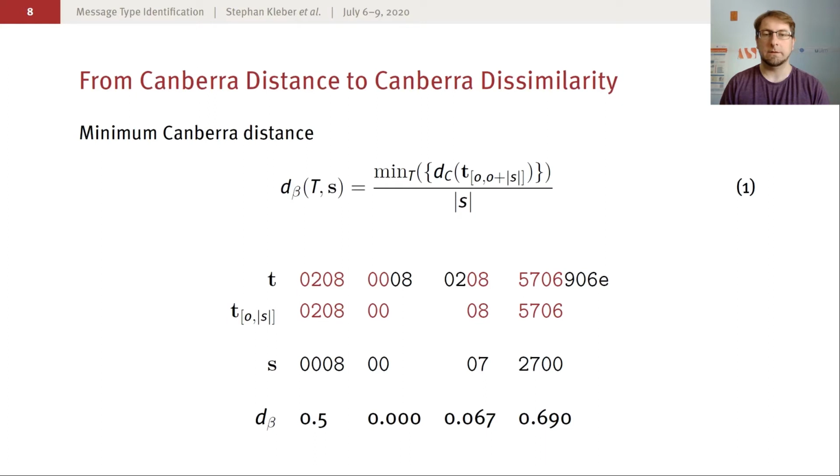However, especially looking at the second example, we see that this is clearly not the whole solution, because, of course, 0 is not equal to 0.8, although the distance that we calculated using the minimum Canberra distance is 0. Therefore, we need to take into account the byte values that we needed to omit or ignore, because S did not contain any comparable value for the omitted value in T.